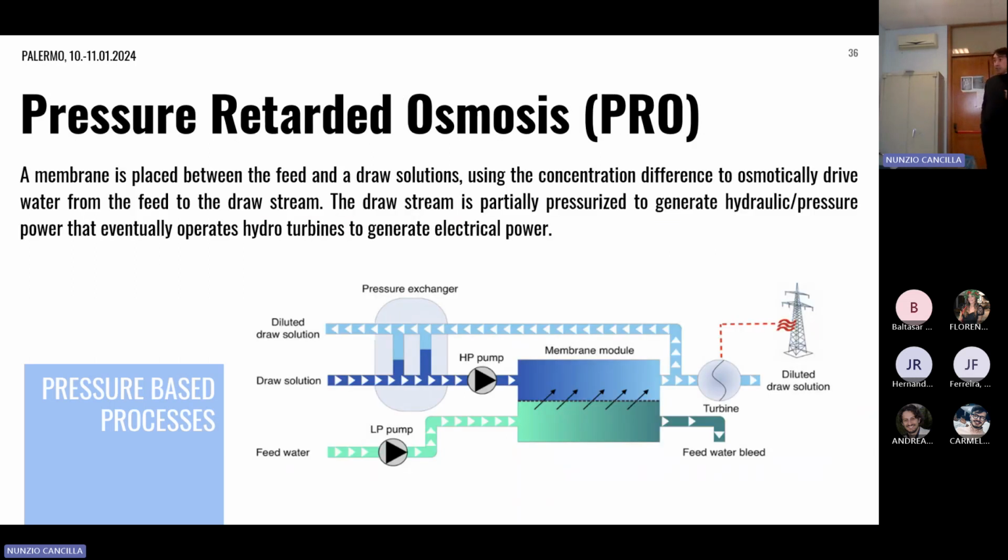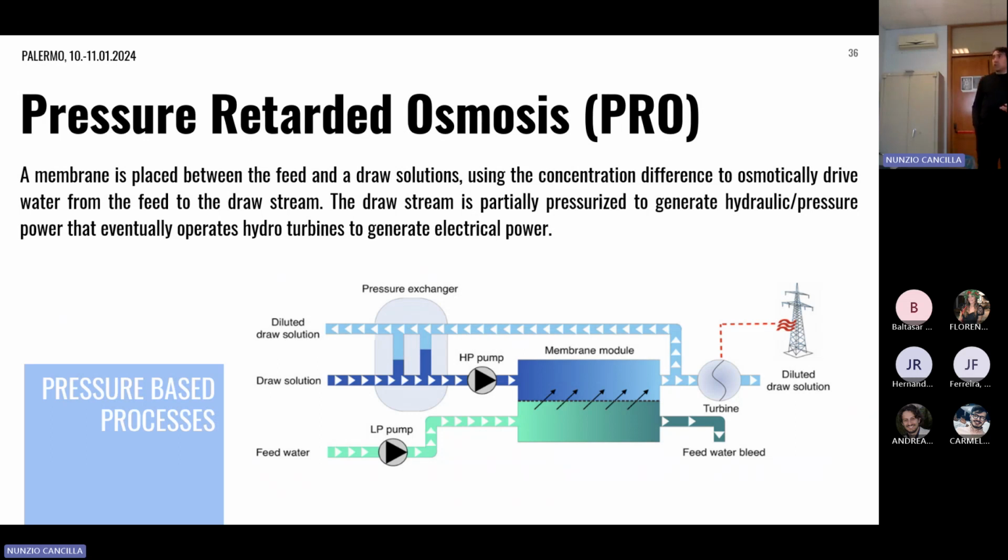Then pressure retarded osmosis. Among the two main technologies for, let's say, energy recovery from brines, we just said a few words on reverse electrodialysis. I'm not sure whether this afternoon we will see a unit or not. Yes, so there will be this possibility to see a unit. But pressure retarded osmosis, of course,